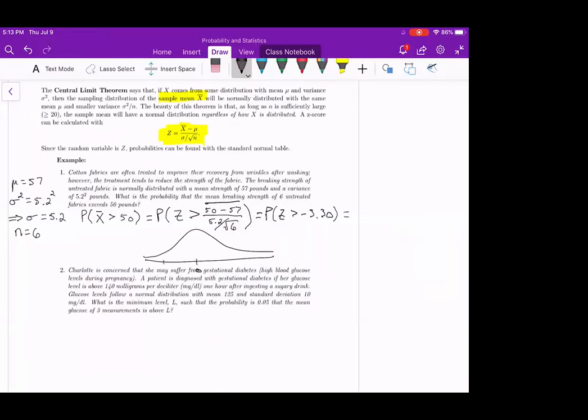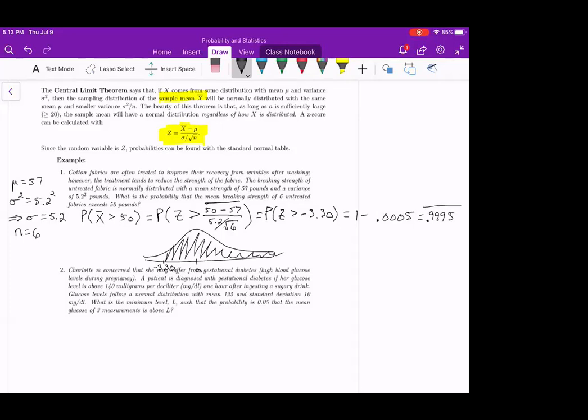And so negative 3.30 is over here, and we want all of this area. So if you looked up in the table and you got 0.0005 and stopped, if you drew a picture like this, you should ask yourself, does that only look like 0.05% of the area underneath? And hopefully your answer very quickly is no, that's a lot, which indicates that you need to subtract this from 1 in order to get the right answer of